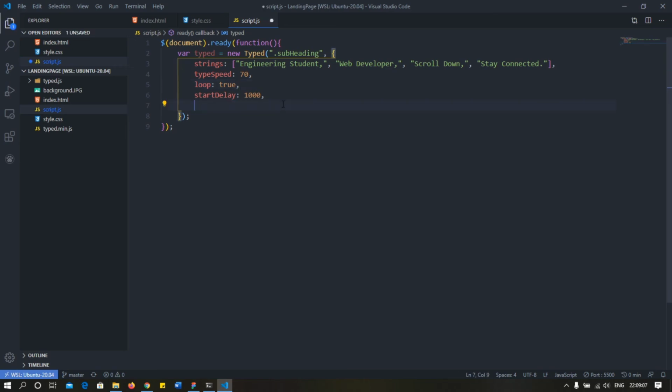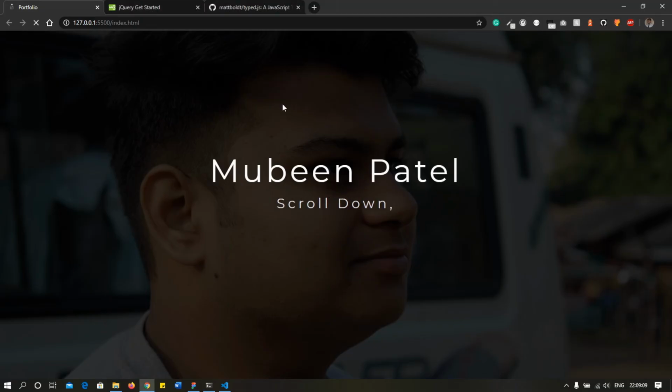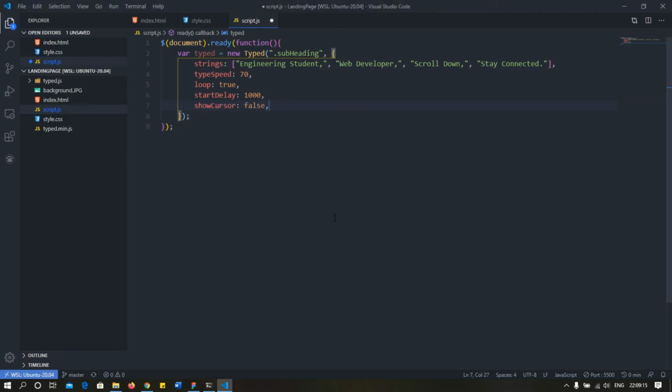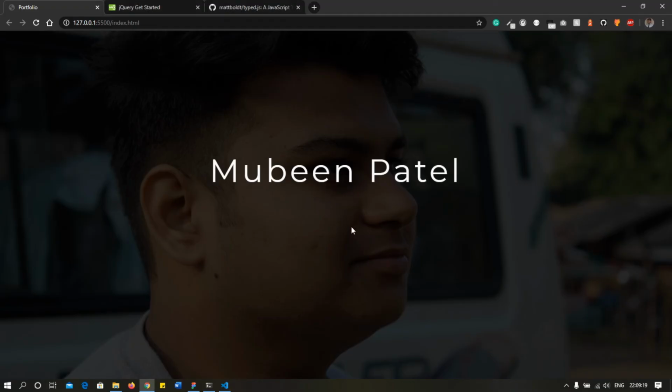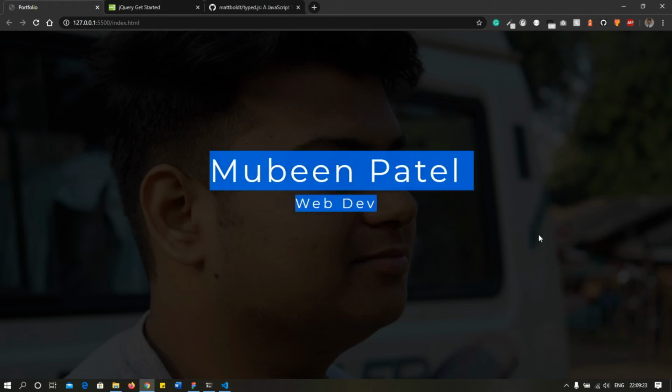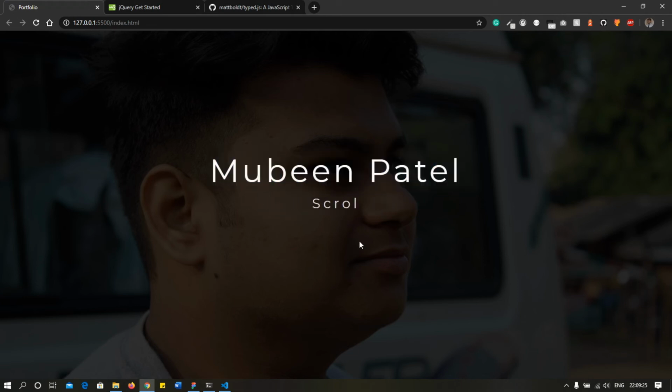And you can see there is a little cursor here. It seems very annoying at this place, so you can set the cursor to be false and it won't appear. Now you can see the cursor is gone and you have created a beautiful looking landing page.